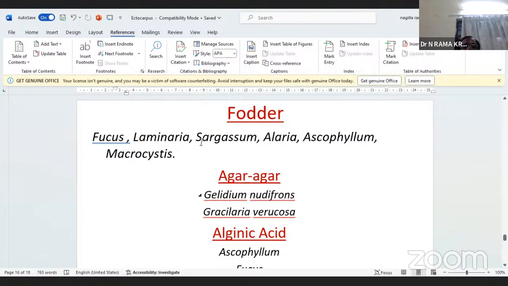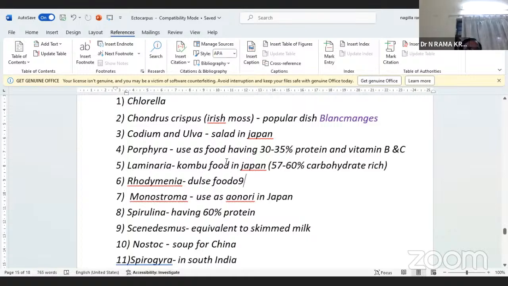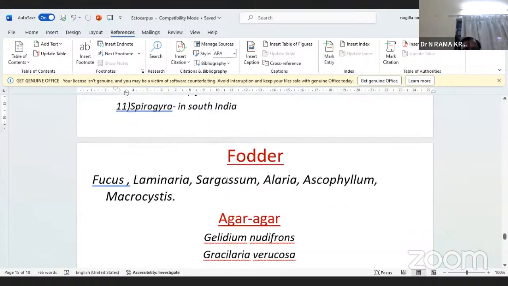So algae is the food. These are all the algae used as food. Next one, this stuff is